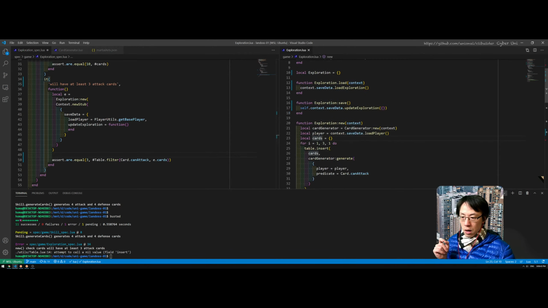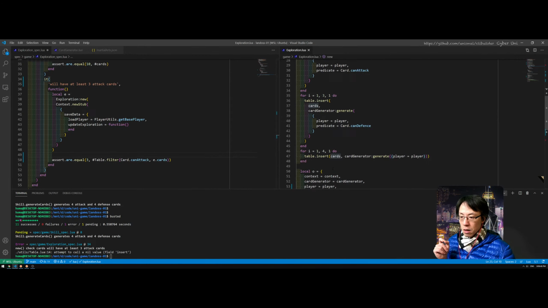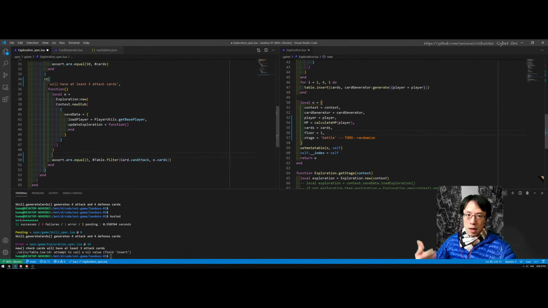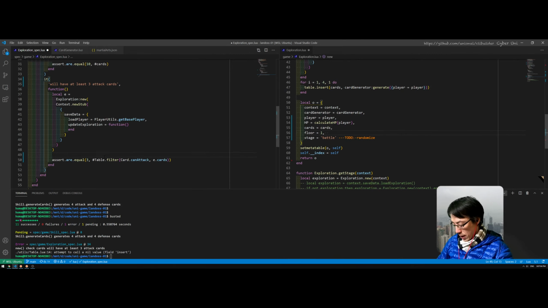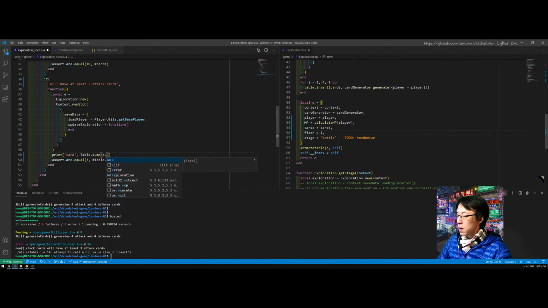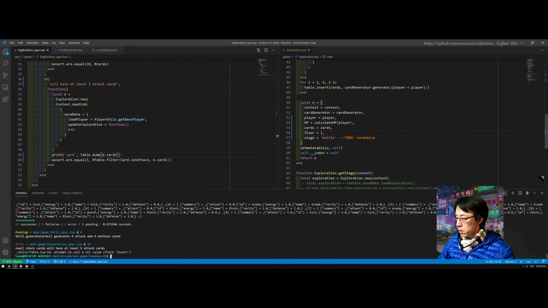Yeah. So this card should be a property that is accessible to the user. Because I will need to pass it out and send it to the UI to display it, right? So meaning I need to, let's say, table.dom e.cards, right? So you see that this is